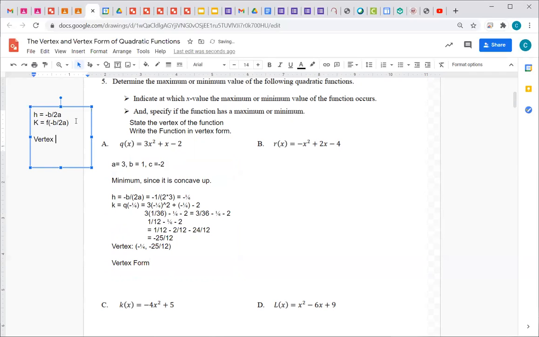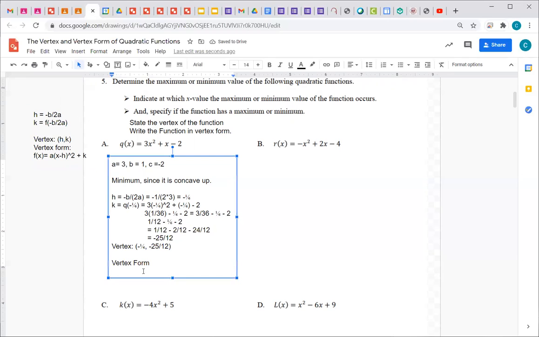Vertex form is y equals A times (X minus H) squared plus K. Again, the vertex is at (H, K). So we just plug in those values. We have all those values. Okay. So in vertex form, Q of X equals